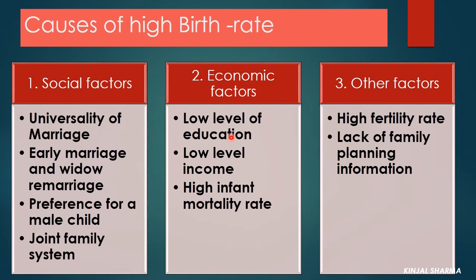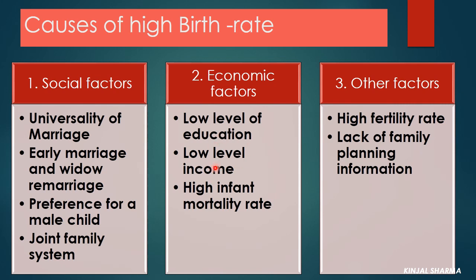So it has been found that as compared to illiterate women, the women who had primary education give birth to fewer children, and that is even lower for middle school educated and secondary school educated women as compared to primary school educated women. So from this experience we can say that the birth rate is high because of illiteracy and low level of education. That is, the women who are educated prefer fewer children as compared to illiterate women.